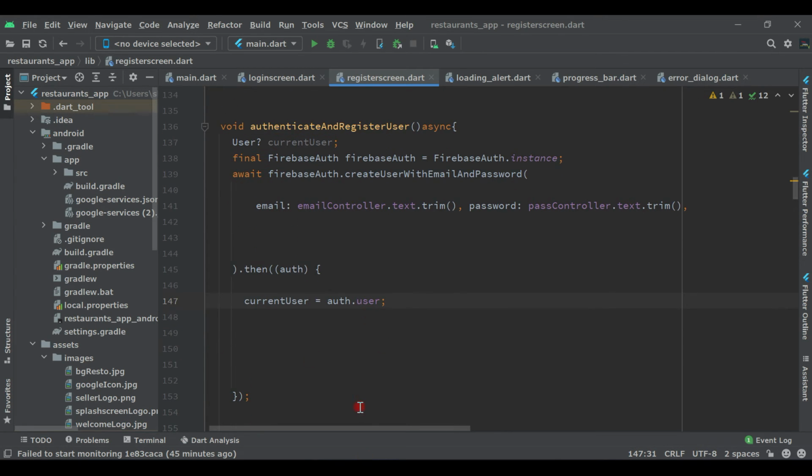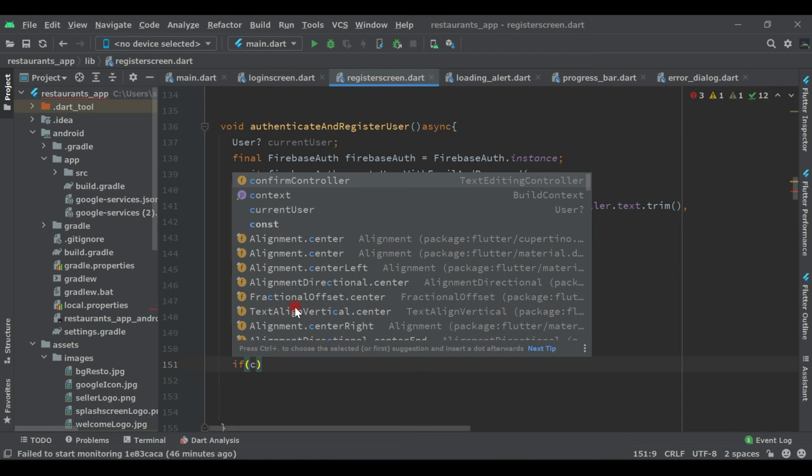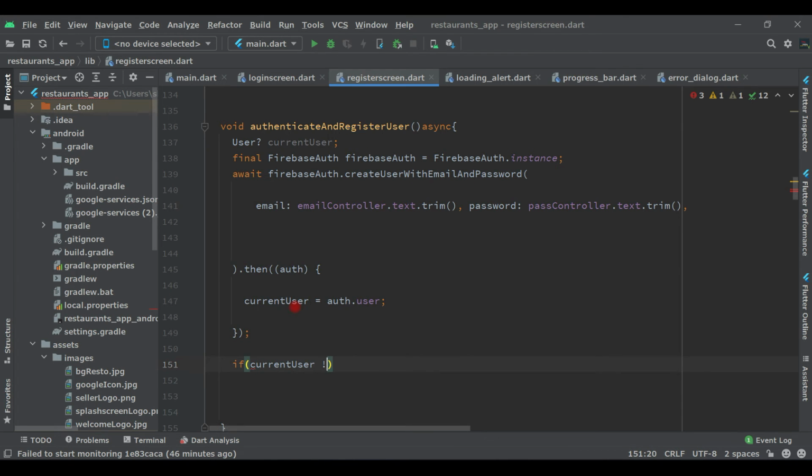So we are assigning this current user, which just now registered with the unique ID. So now after this we will give a condition here: if current user is not equal to null,